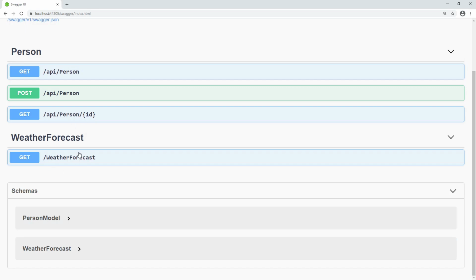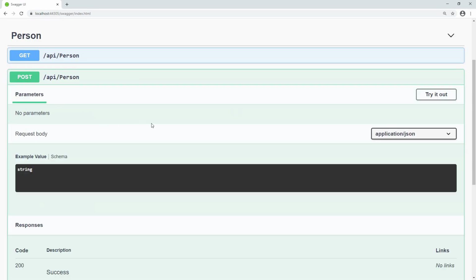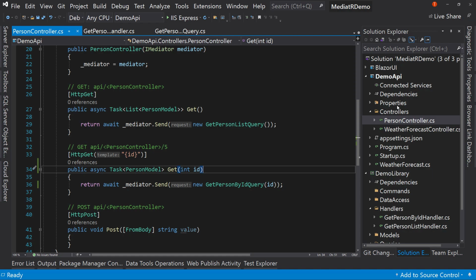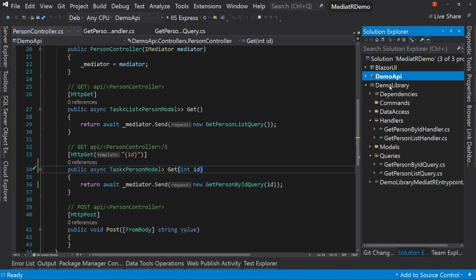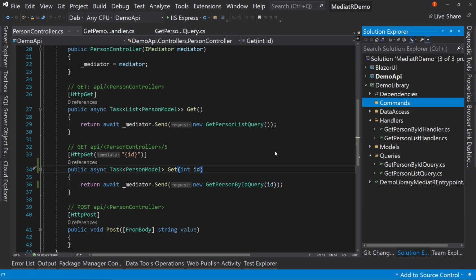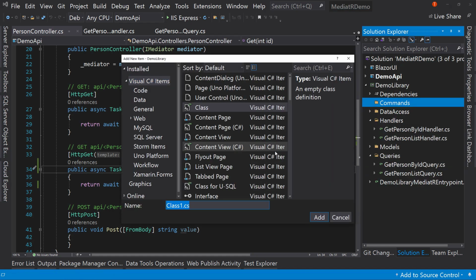Ignore weather forecast. Let's do the post now. Let's set this up so we can send in data. So let's close this out. Let's go back to our demo library, but we're not going to create a query because remember, a query is for reads. We want to create a command. So right click, add. This is going to do an insert into our database, which in this case is just a static list. So let's call this insert person command,